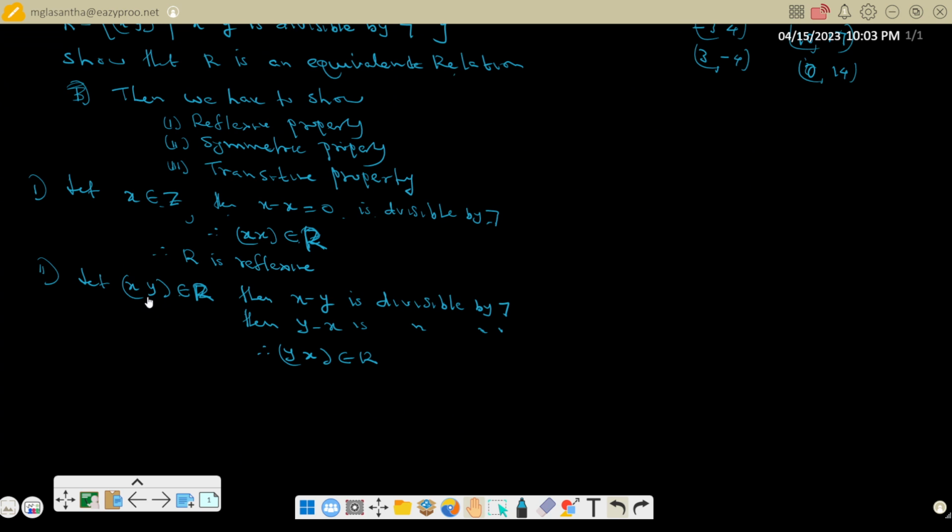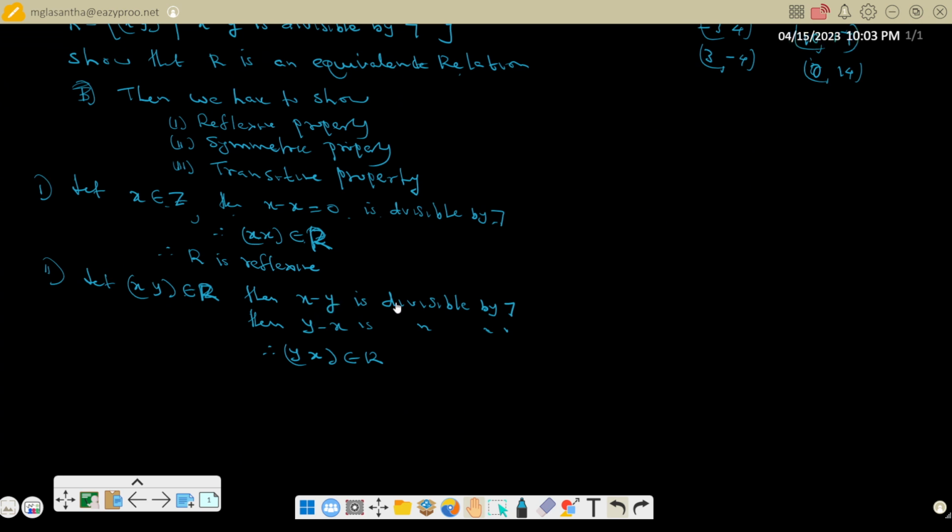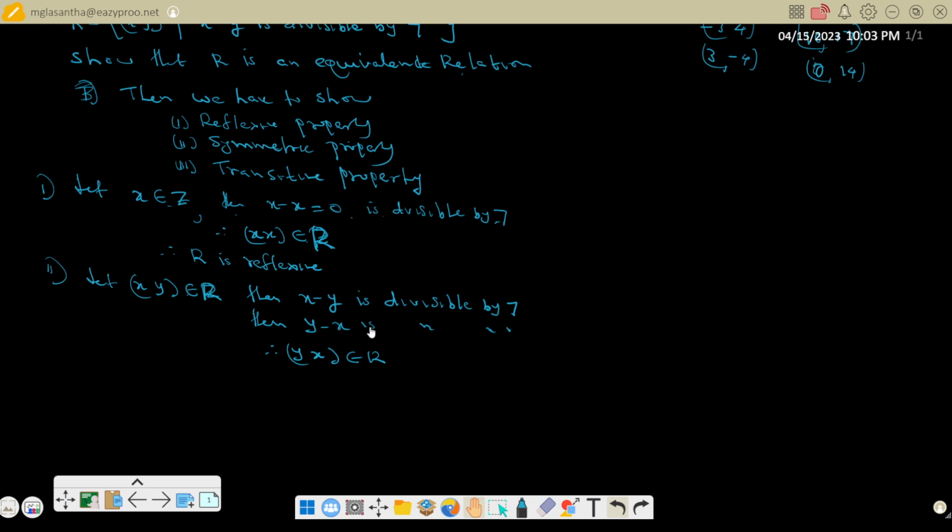Then x and y, that's the difference. If x and y belong to R, then x minus y is divisible by 7, and then y minus x is also divisible by 7. For example, if you take